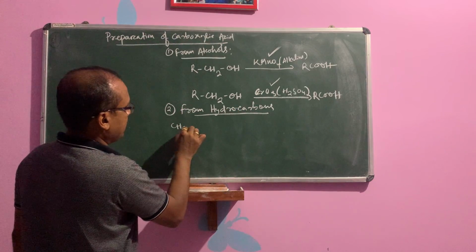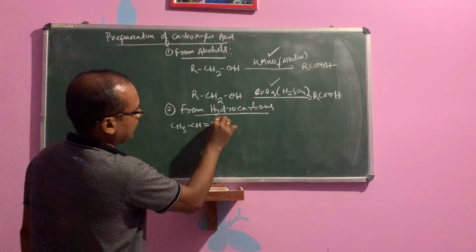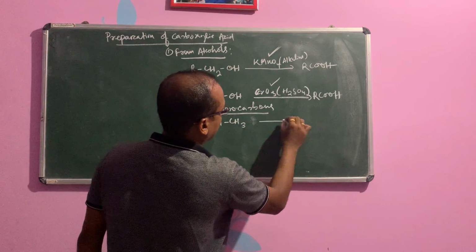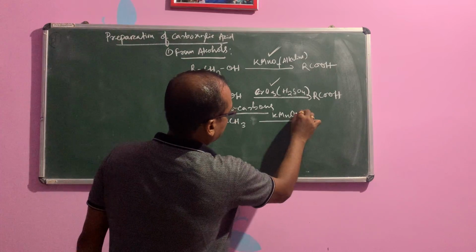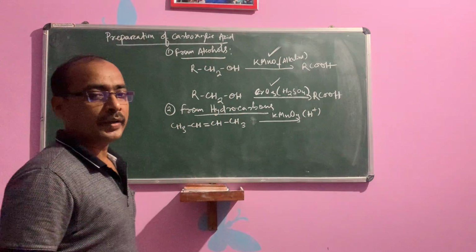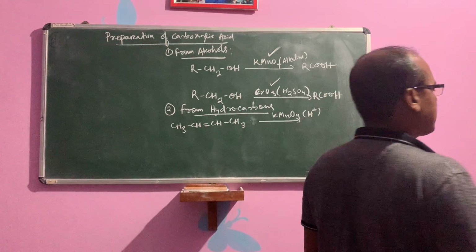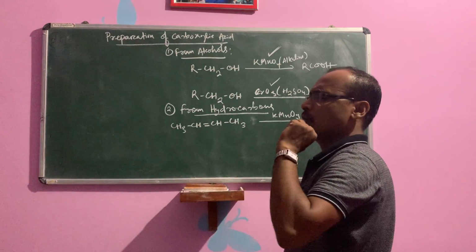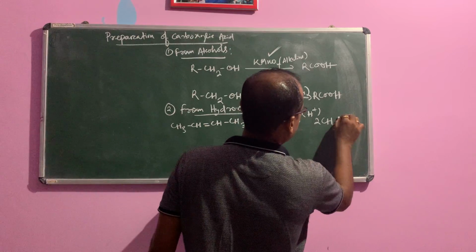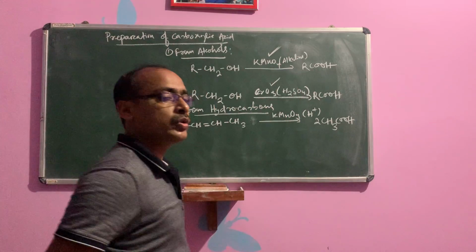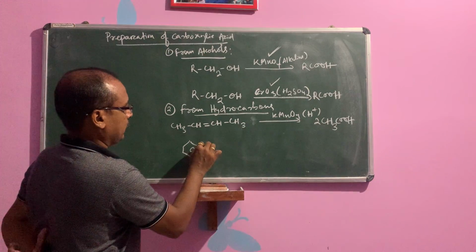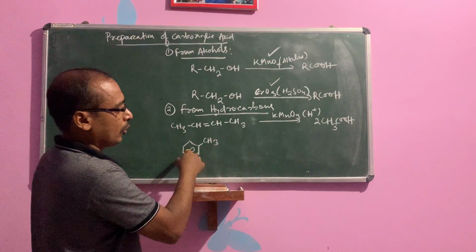Suppose CH3CH=CHCH3, butene, in presence of acidified KMnO4. Then it will form 2CH3COOH. Or if you treat an alkyl benzene, that is toluene, with potassium permanganate, KMnO4 and KOH,